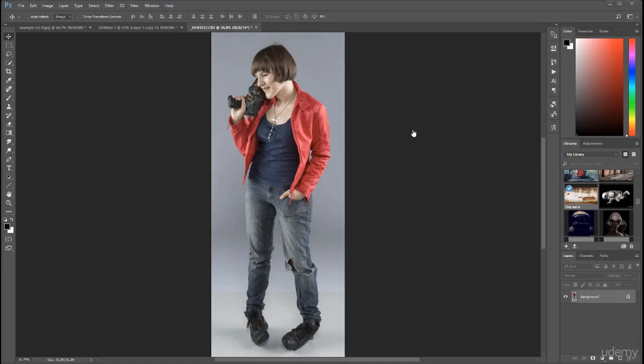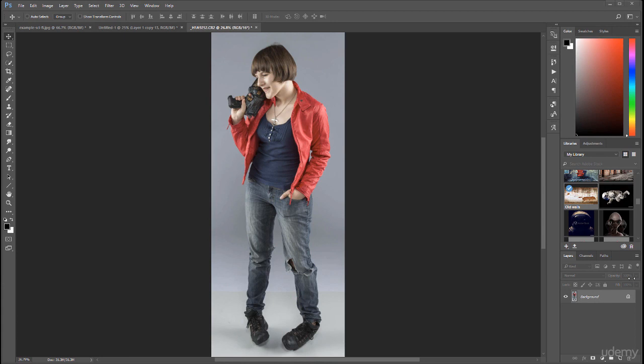So let's go ahead and look closer at the masks. We'll look at different types of masks, how we work with them, and what the benefit is of using each of them. It helps us to select the right mask for the job we're going to do. So right here we have our image, and